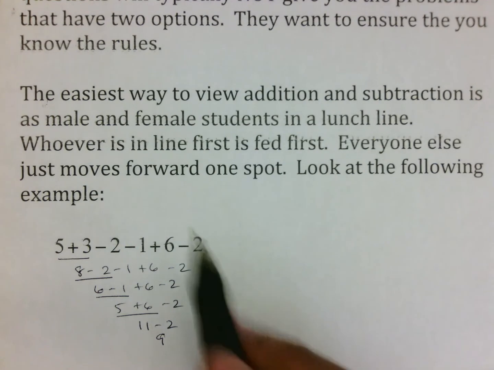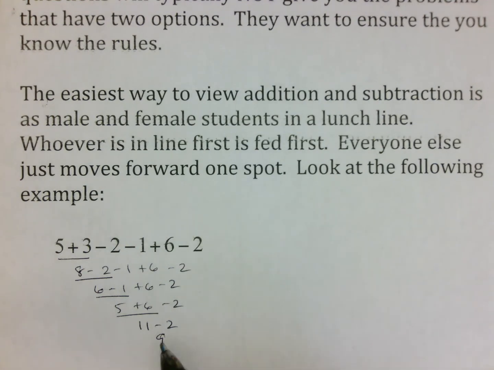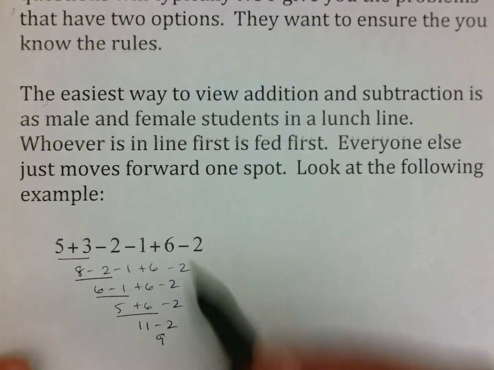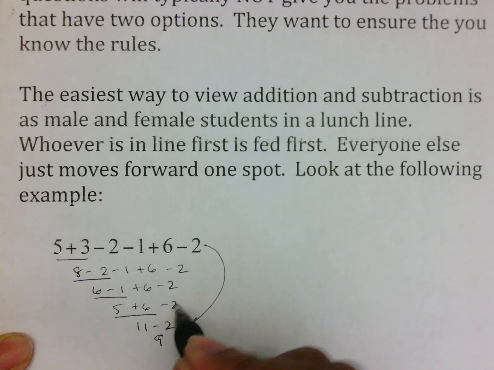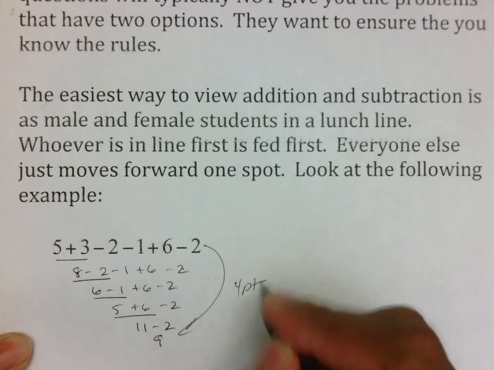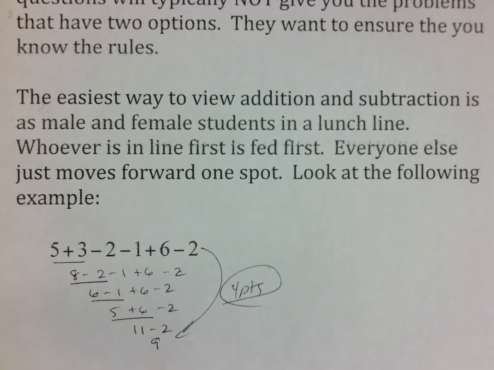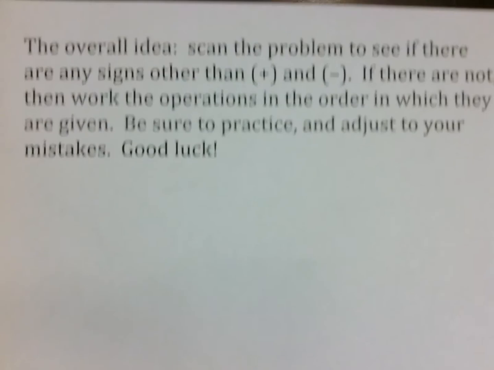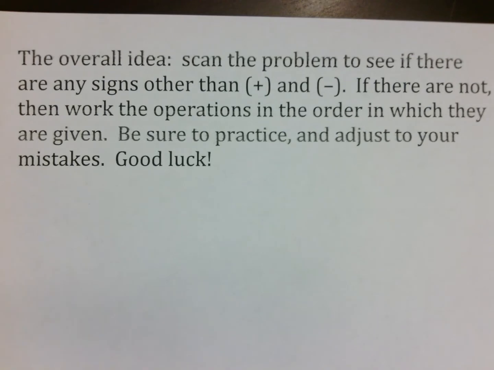Now again, if you use your calculator and just write this 9, you're going to miss a lot of points because every single line of work that I expect, which I'll tell you how many lines there are, is a point. So if you went straight from here to here, you would miss 1, 2, 3, 4 points off of that question. So again, just be careful in trying to take a shortcut and get it done quickly. The overall idea, just scan the problem to see if there's anything outside of a plus or minus sign. If not, just like we did, feed the first student